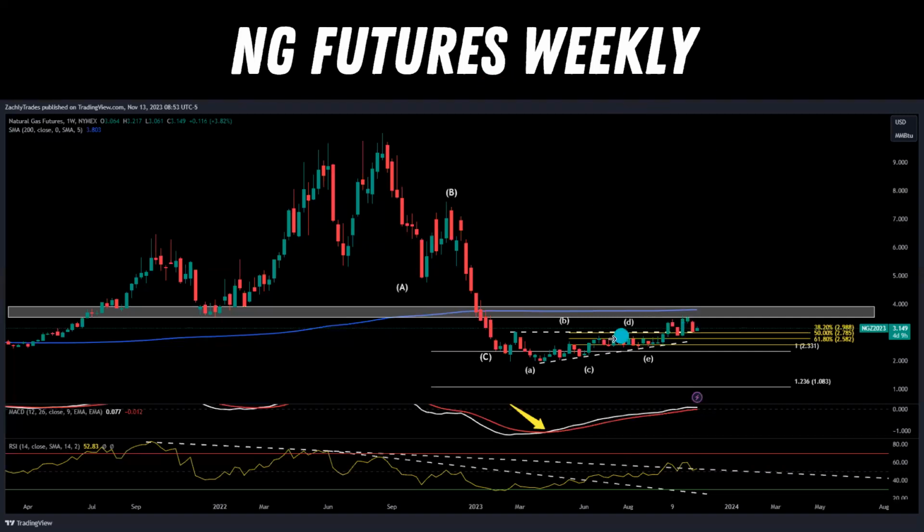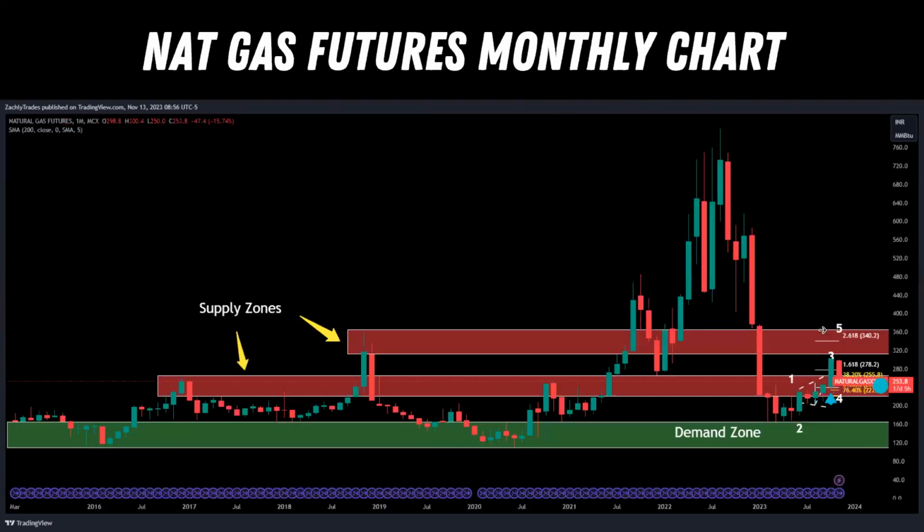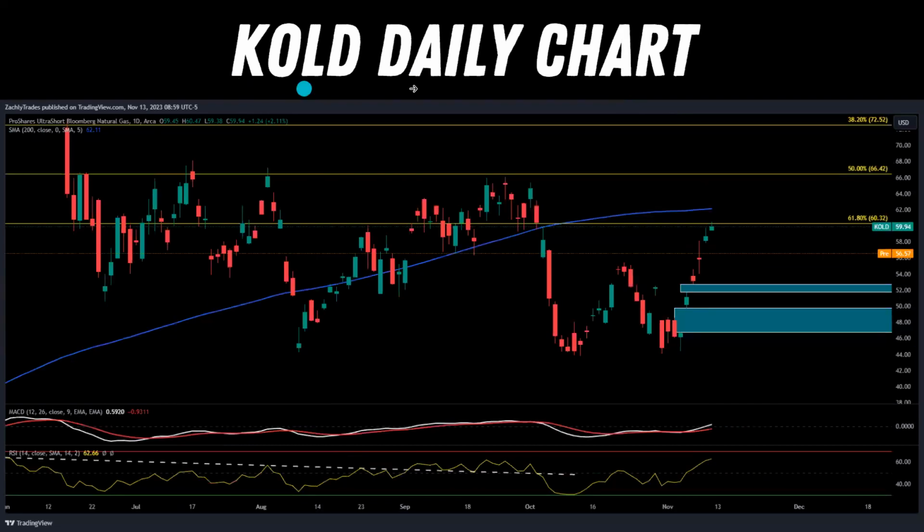You can see we actually broke out of that triangle pattern, retested it very cleanly, and we're starting to push up a little bit higher. We'll talk about our 4-hour wave count, which is still intact at the moment, and then we'll zoom back out and take a look at the monthly time frame so you guys can get a clearer picture of the big picture and the overall landscape. We'll talk about Boyle, and break down the daily chart for Boyle,